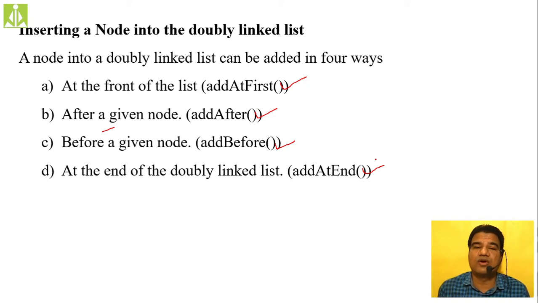You have to remember the code associated with these four operations, because if you are going with the third unit, definitely you have to remember, because definitely they will ask one such question either from doubly linked list or from singly linked list. So they will not ask the entire operations, or they will not ask the complete implementation of your doubly linked list.